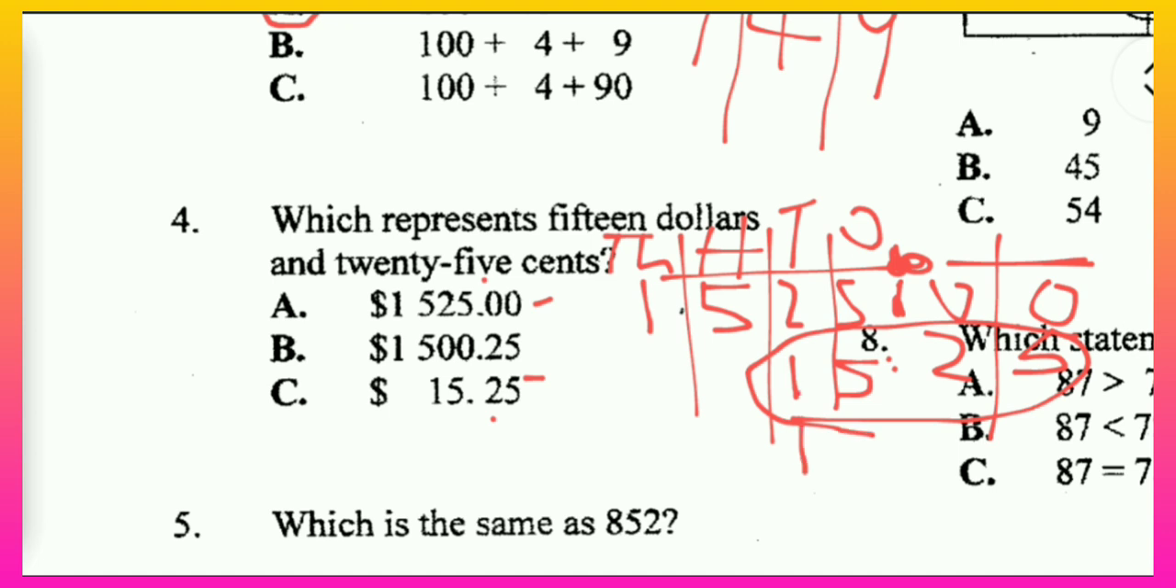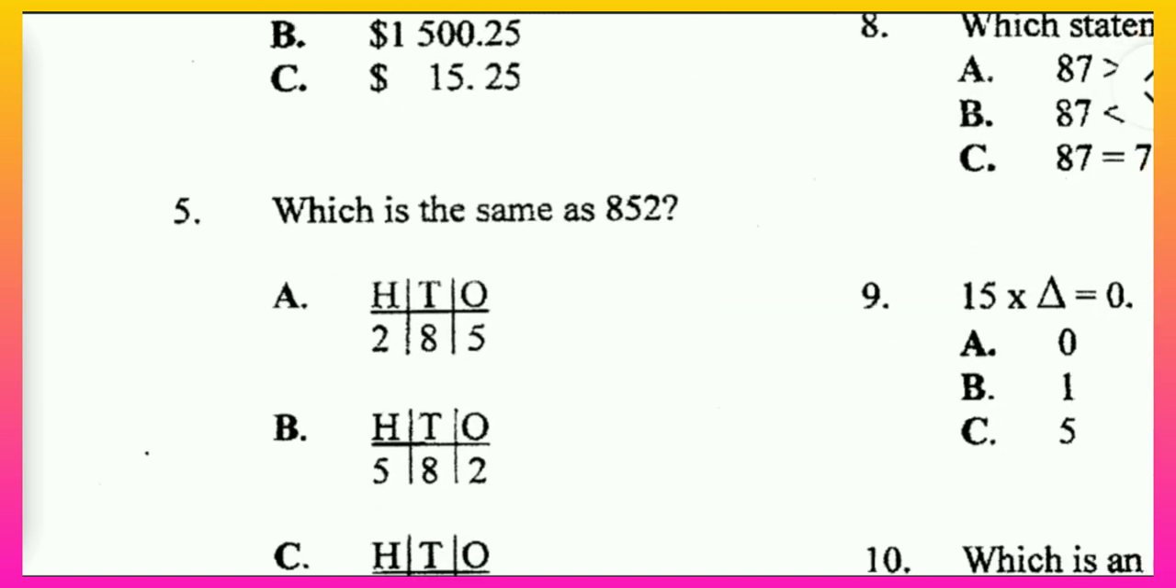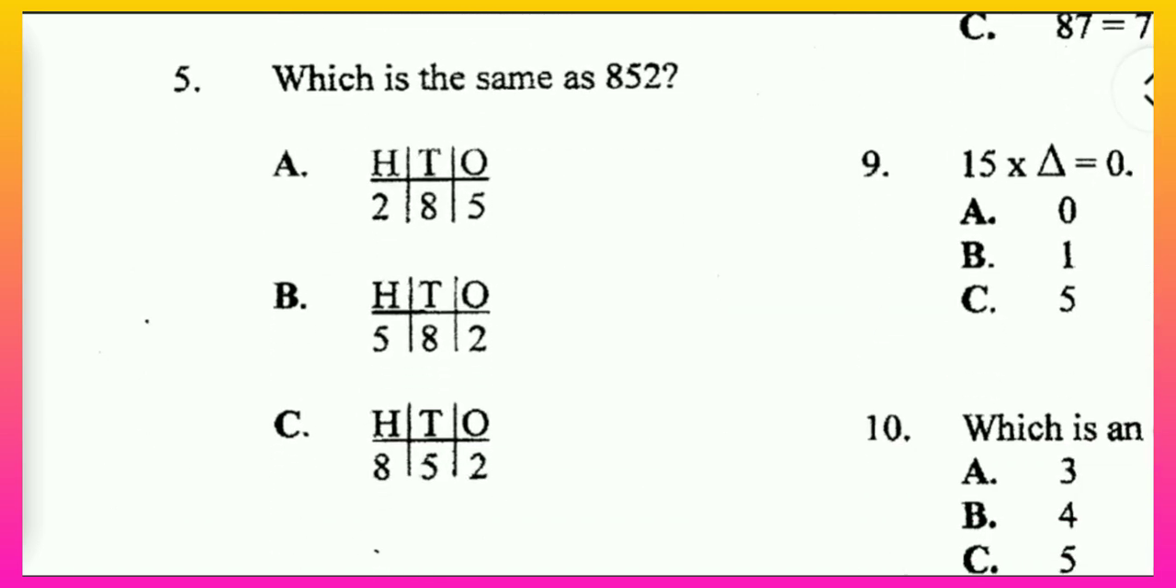1 is in the tens place, so that's $10. 5 in the ones place, that's $5. So $15.25 is at C. Good job. Moving on to number 5, which is the same as